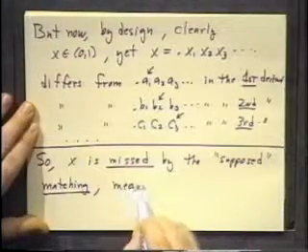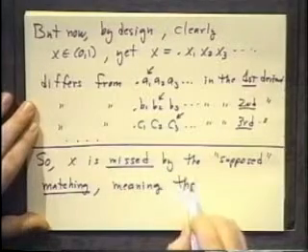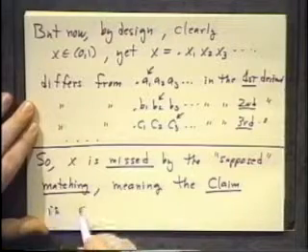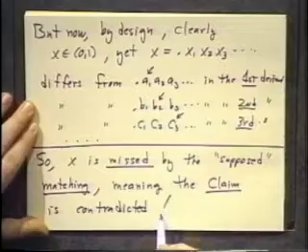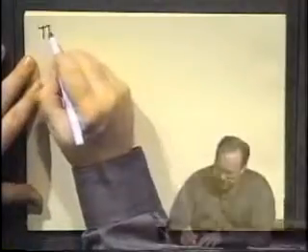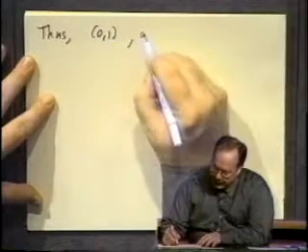Meaning, since the matching or that correspondence was arbitrary, it means that the claim that we had above is contradicted, as we hoped. Well, if the claim is contradicted, what does that mean? Well, the claim was that there was a correspondence, thus 0, 1, and hence all of